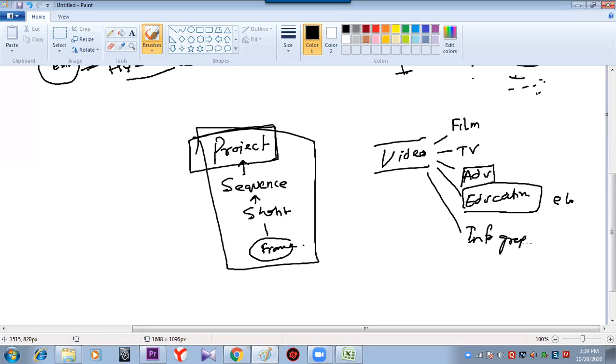Although the motion is done by the compositing software, the presentation is completed through the editing software. Now, inside television, we have three types of things: news, serials, and entertainment. In entertainment, they make everything offline, and inside offline, this is one of the software. I'm not telling only this software, it's one of the software. Film uses three widely used softwares: Premiere, FCP, Avid.